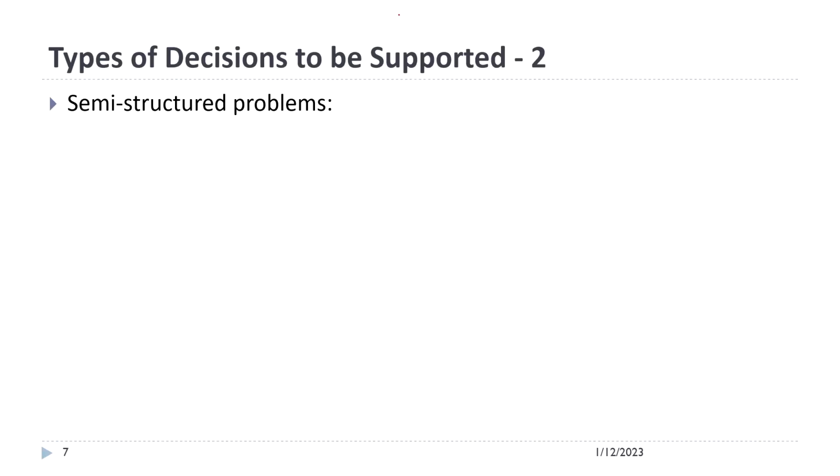Then we move to the next one, which is the decisions to be supported, again from the DSS viewpoint. We are talking everything from the DSS viewpoint. I am reminding you of the DSS viewpoint purely because it is critical for us. And the third type is what we call a semi-structured problem. This is an interesting thing, and a lot of the time people in business are happy to come across semi-structured problems purely because these are decision problems